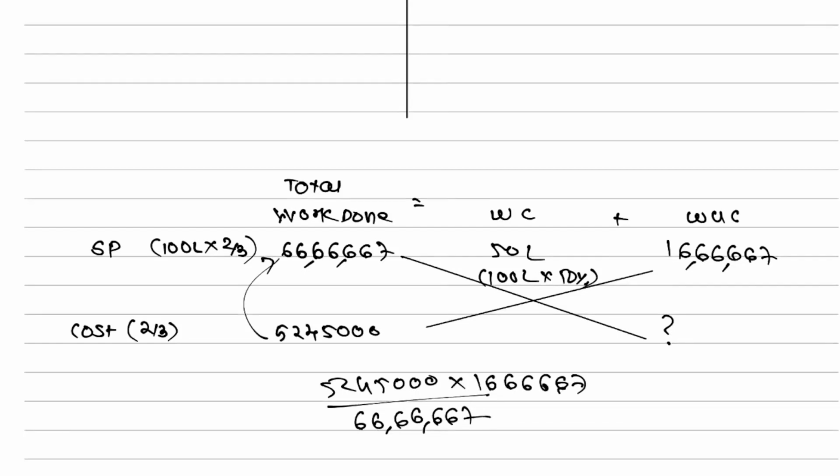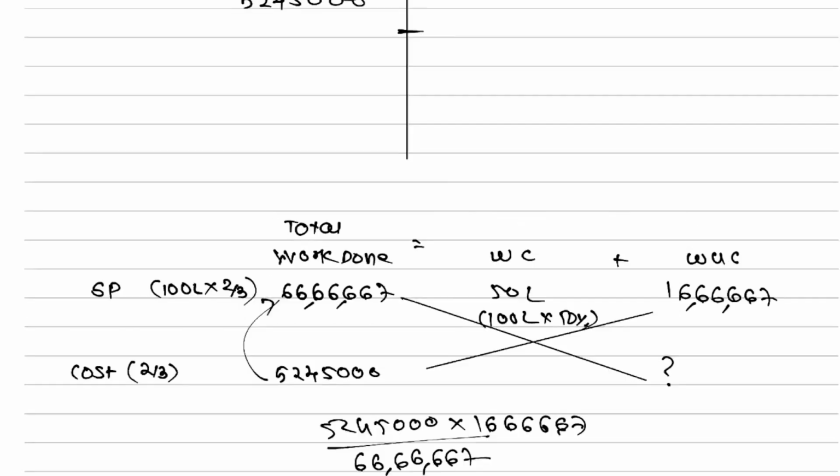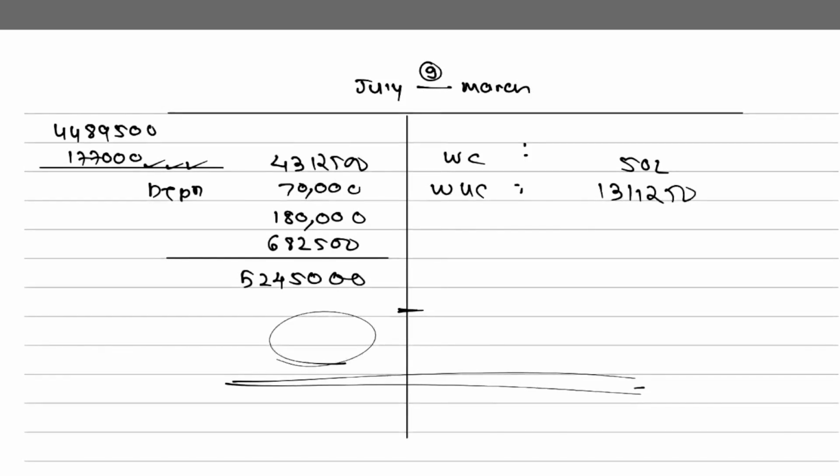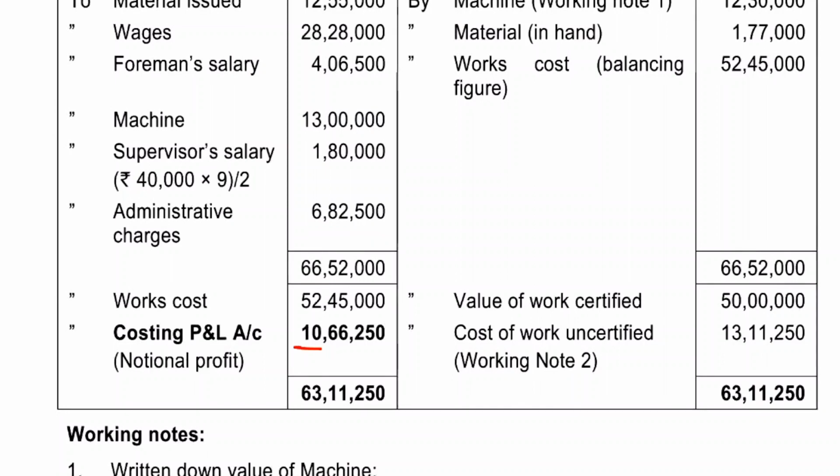रुको, ₹13,00,000, 11,250, let's get the notional profit, 13,11,250 plus 50 lakh minus 52, 10,66,250, देखो ऐसा ही कुछ है, 10,66,250, let me just confirm, is this the answer? 10,66,250, hello,